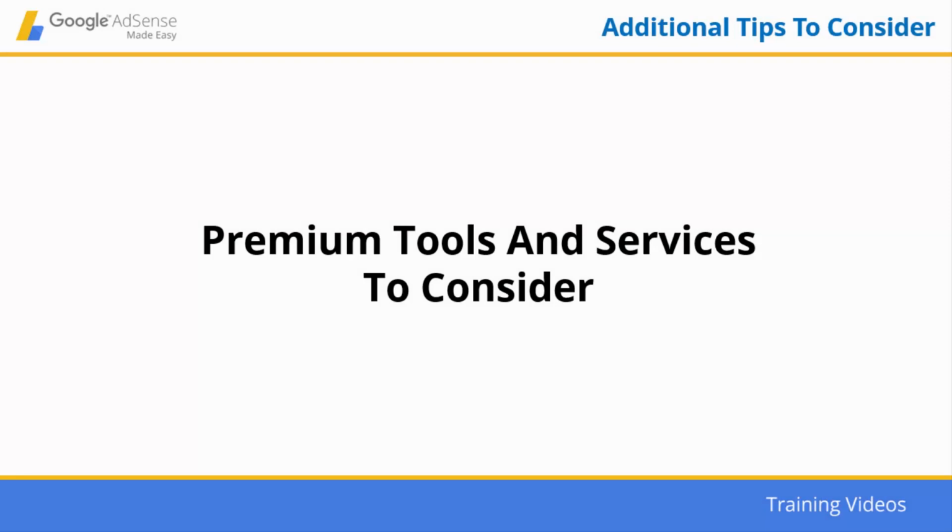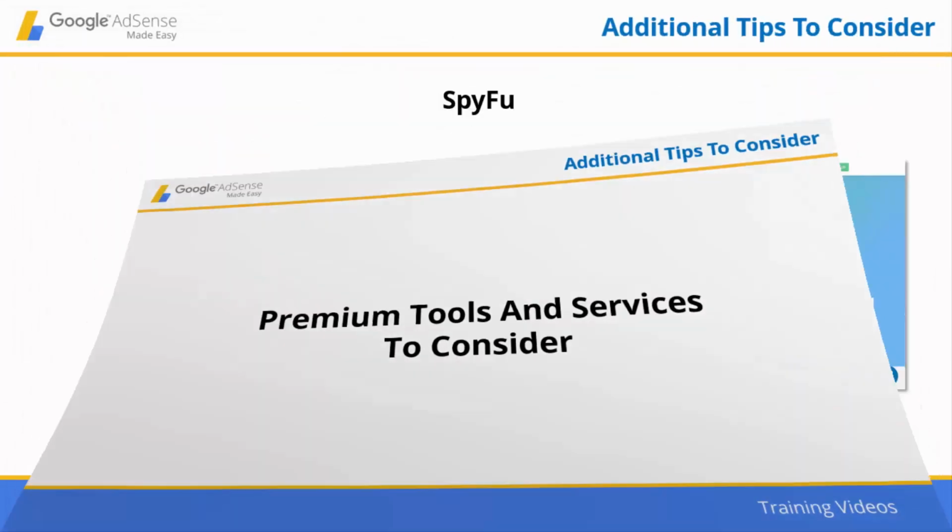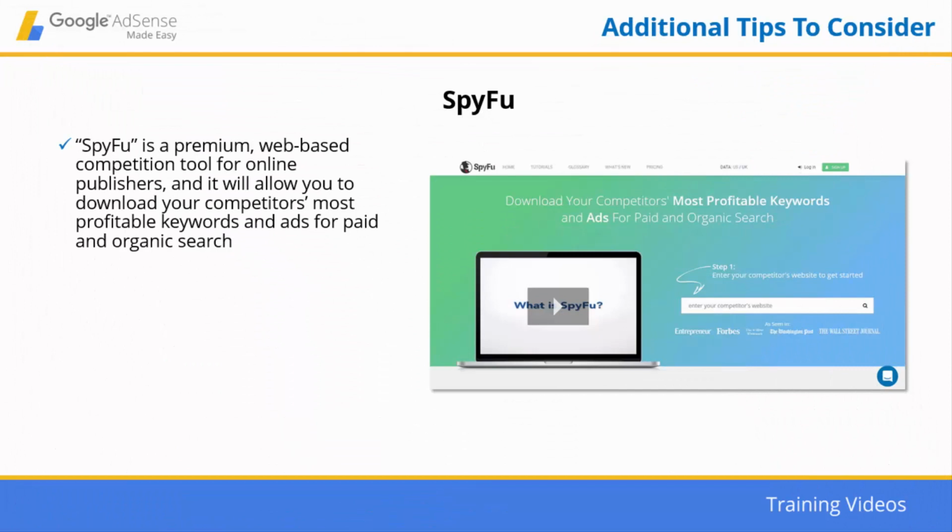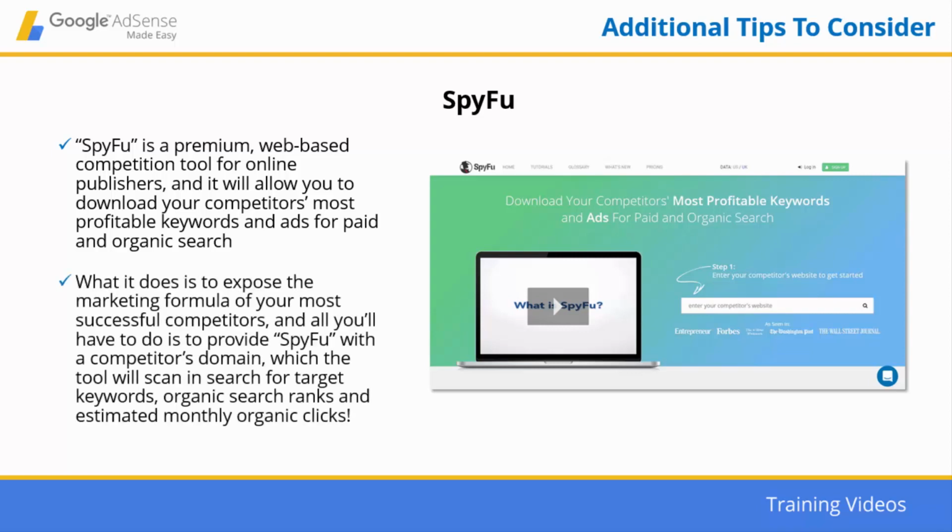Premium tools and services to consider. SpyFu. SpyFu is a premium web-based competition tool for online publishers, and it will allow you to download your competitors' most profitable keywords and ads for paid and organic search. What it does is to expose the marketing formula of your most successful competitors, and all you'll have to do is to provide SpyFu with a competitor's domain, which the tool will scan and search for target keywords, organic search